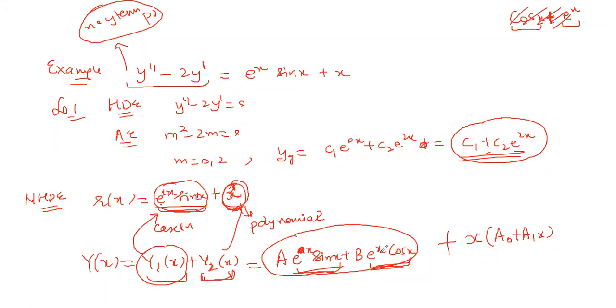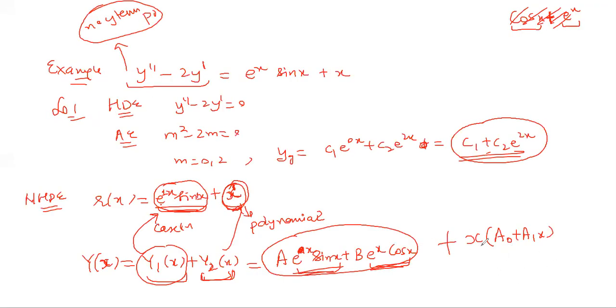So I hope this is clear up to here, that Rx was a sum of two terms. First was this category, second was the other category, and we chose it that way. Once you choose your yx, after that the maths is there. You compute y dash, y double dash, and then you solve it.